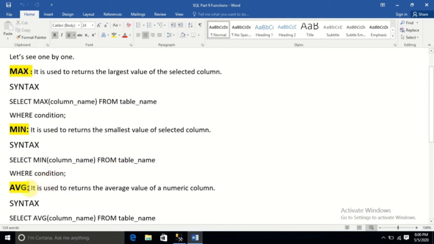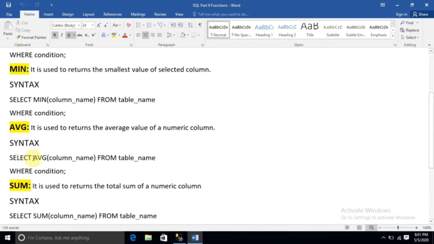The next one is average. It is used to return the average value of a numeric column. This is the syntax: select average of column name, from table name, where condition. Next one is sum.